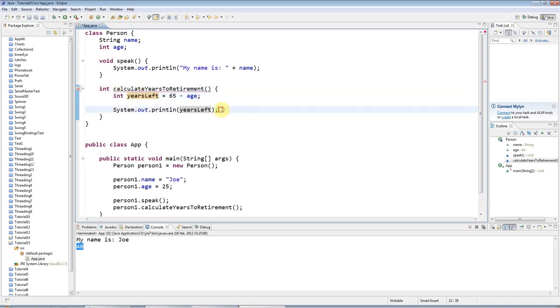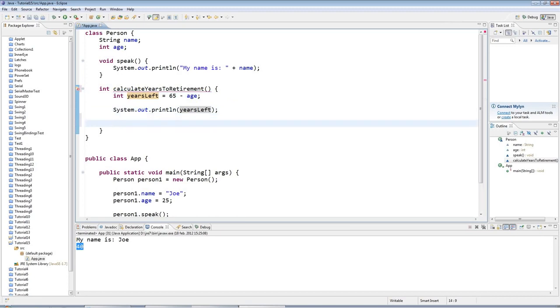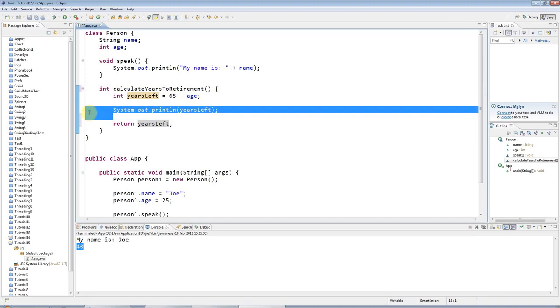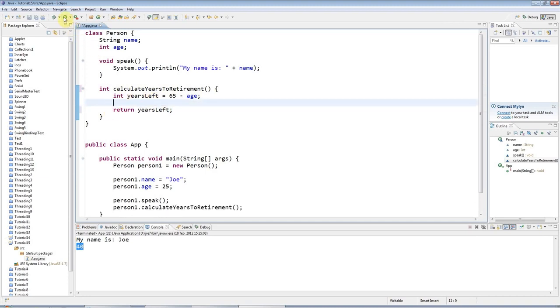And the second step is down here at the bottom of the method, I want to say return yearsLeft like this, because here I've said it returns something of type int, and here I'm saying what I'm actually returning is yearsLeft. And when you type return, this will literally leave your method at that point, which is why it's usually at the bottom, although it might not be. It could be somewhere else in your method, enclosed in an if statement, and it might only execute under certain circumstances, let's say. And I can get rid of this here, and if I run that now,